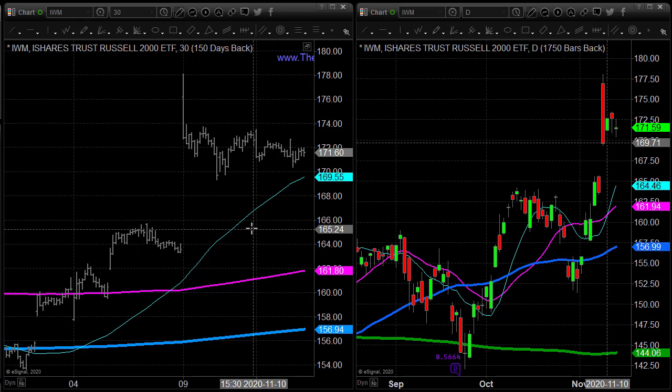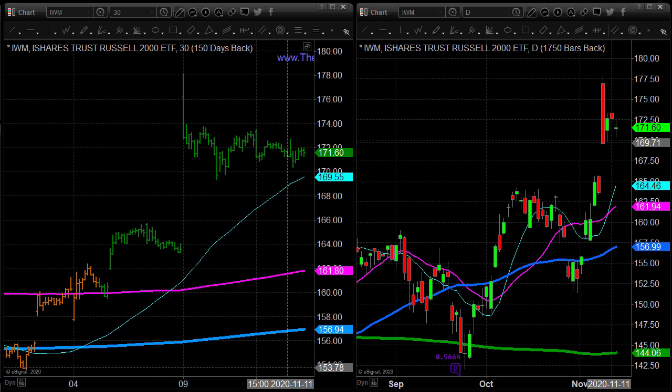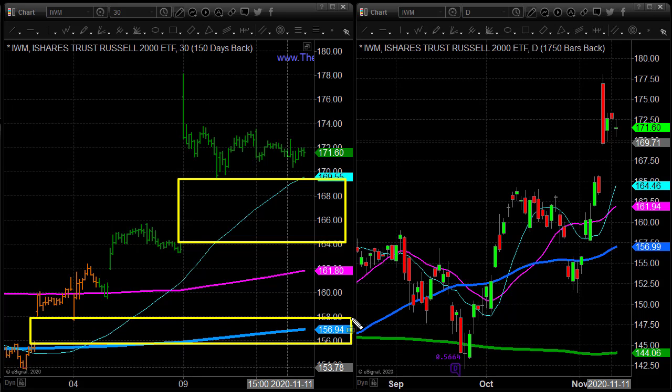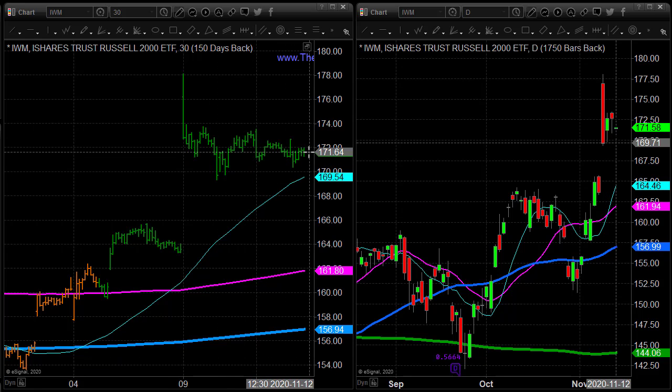Russell 2000 has been leading the way. It's holding up very well, but it still has price gaps as well. Yeah, we got this massive gap area that still hasn't been filled. There's actually another gap down over here as well. Probably the same on the Dow. I didn't look down there, but there are some gaps to be filled in this market, and we could see